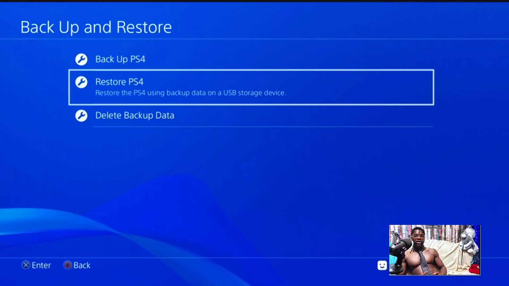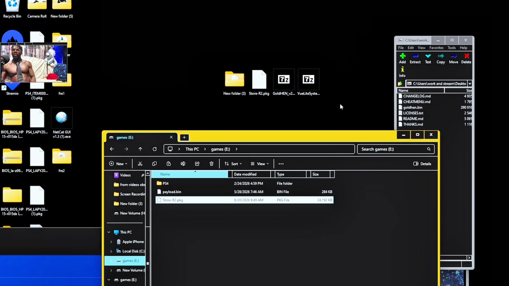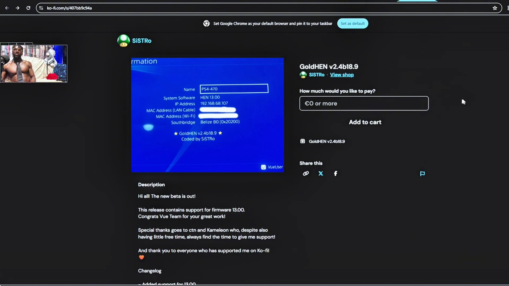So let's head straight to the Windows section now. Alright, so this is my USB. Now we're back to the computer. What we gotta do next is first come straight into